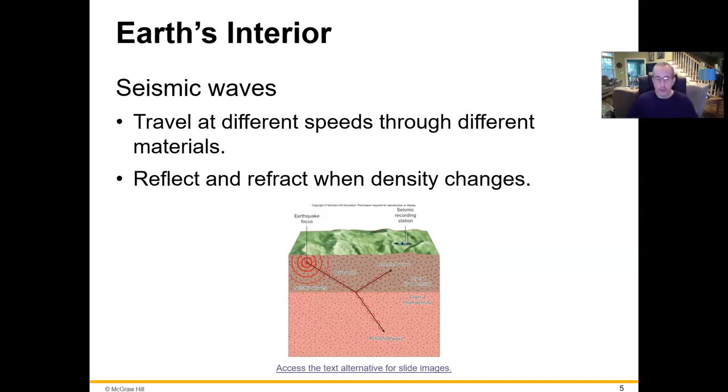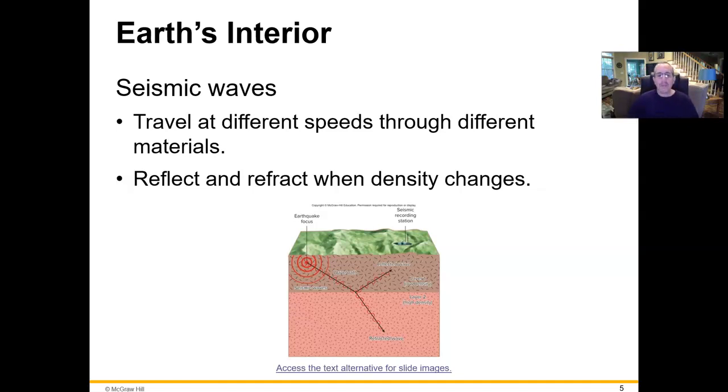And we can test what's underground. That's a very common thing in engineering and construction. If they want to know what's underground, they can set off charges on the surface. Think about a little mini stick of dynamite, just a little bang grenade almost. And you stick it in the ground and you pop it. And it sends sound waves through the ground. And by the way those sound waves bounce around down there, they put sensors up all around that. And as long as they know where that point is coming from, the way those waves reach those sensors can tell them what the density of the earth is under there, if there's any changes in density,